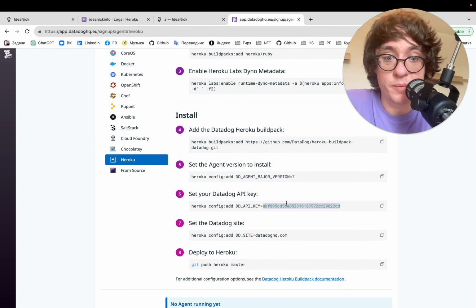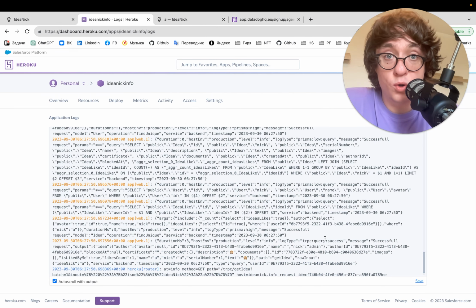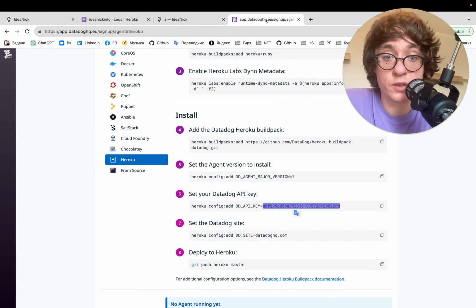Now, we will need our Datadog API key. And Heroku has the ability to simply send these logs to some URL. So we won't even need to edit our code. We're just going to ask Heroku to send everything to Datadog. All right,